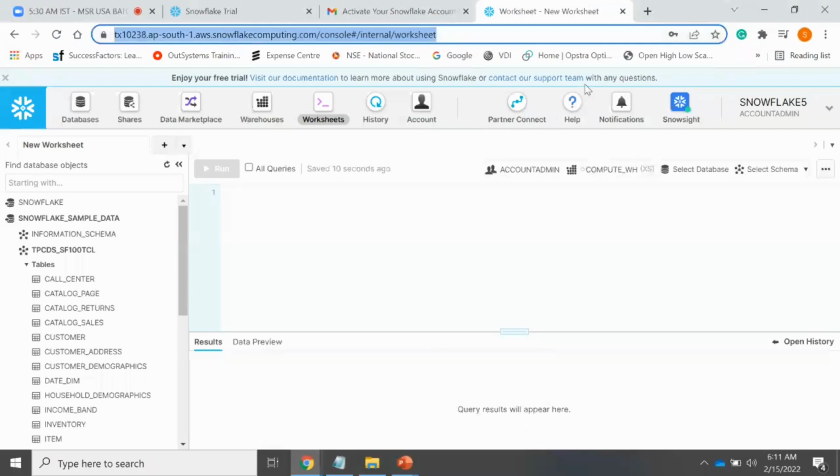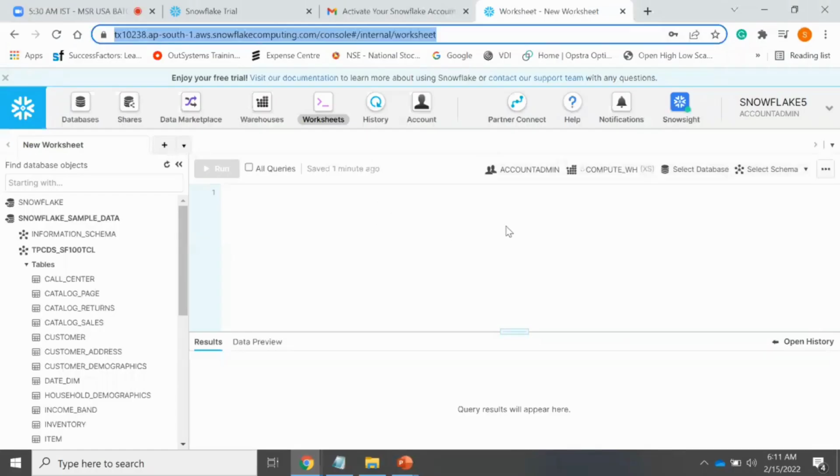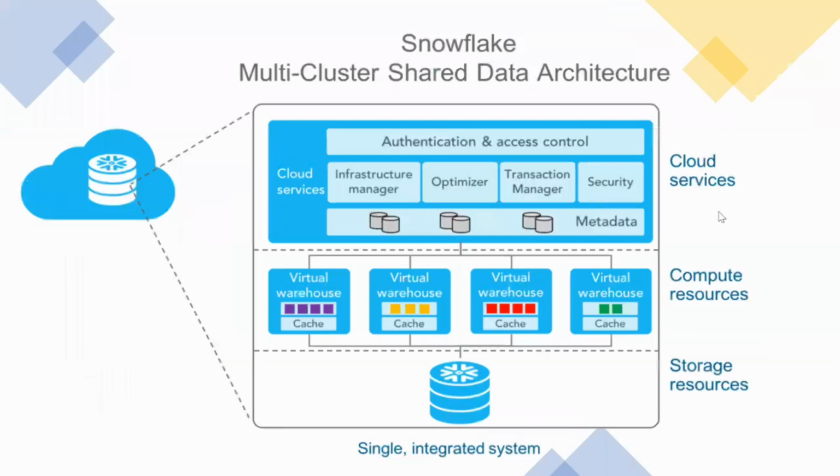Here, whatever options you are seeing in the UI, we call this the user interface. Whatever you can see in this user interface, you can operate by using these cloud services, which act like a communicator between storage and services. So the cloud services layer is the computation layer, the processing layer, that is nothing but the